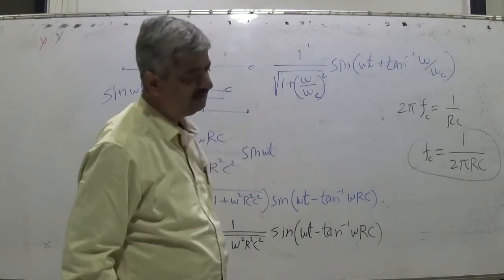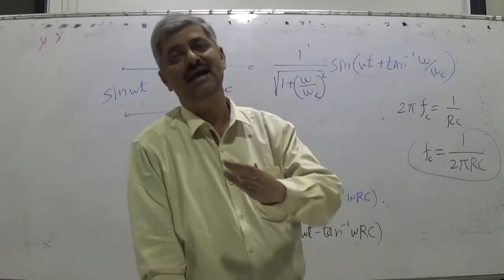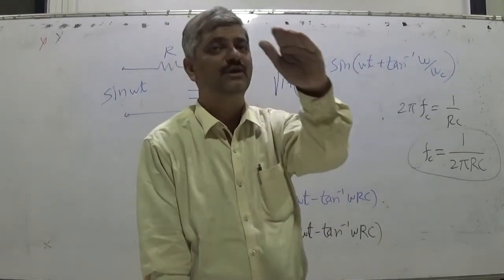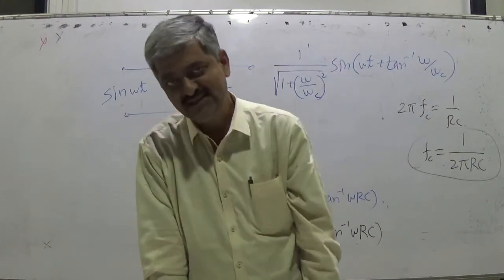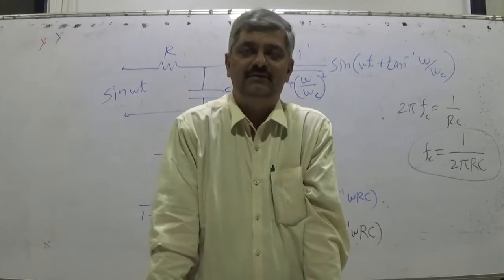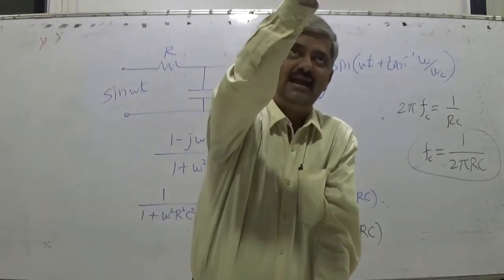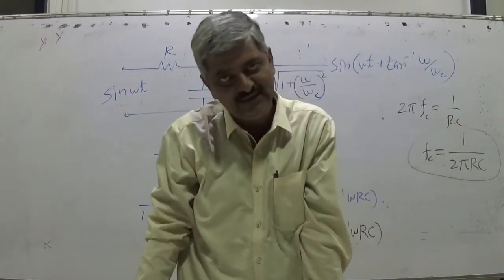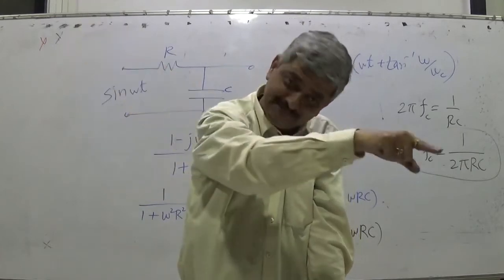And you can choose R and C so that you can choose the cutoff frequency after which your gain should fall. Actually, to be very precise, for any filter, we cannot design a filter for which there is a flat gain and then again a sudden stop and 0 gain. We can't do that. For any filter, when you design a low pass filter, gain will start reducing.